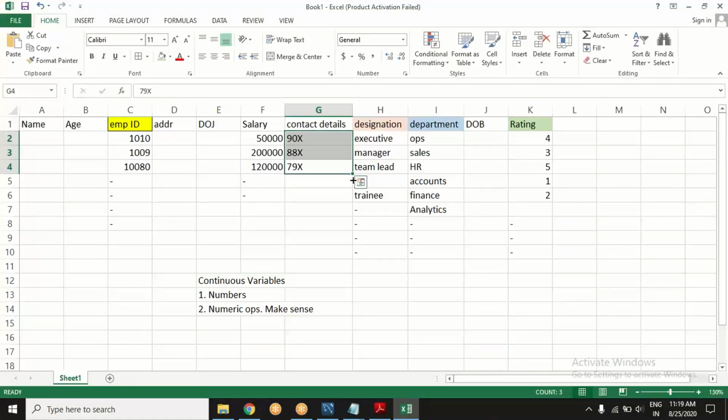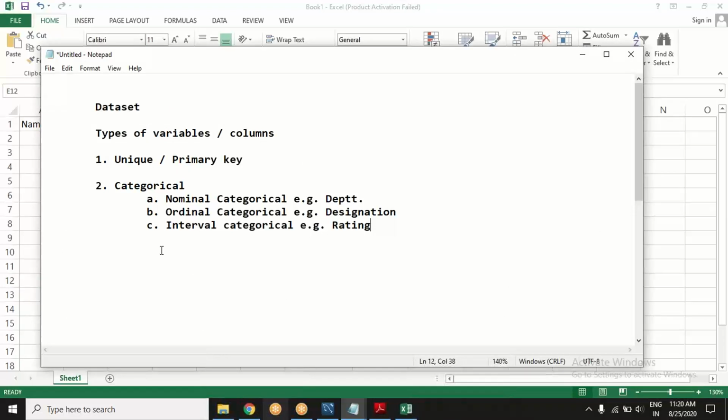Getting back. A little bit of description here now of various data types possible. I have different kinds of data we have seen. Within continuous, we have seen that it should be a number, and numeric operation should make sense. Then it is a continuous variable. Now, within continuous variable, there can be two types. Has anybody heard of it?